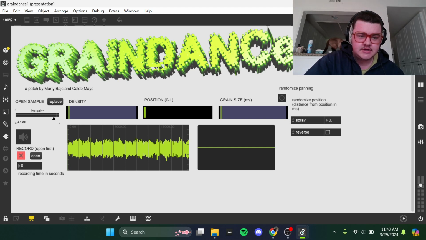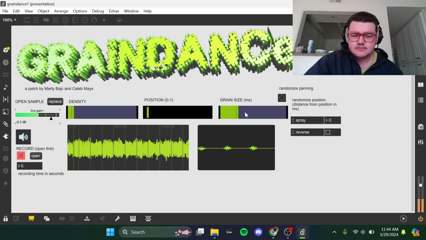We can turn it down a little bit, and you won't be able to hear anything until you turn on this audio right here. And you still can't hear anything because the density is all the way at 0. So let's take the density knob and turn it up a little bit. And maybe move the position. And the grain size is also at 0, so that's why you can't hear anything. Yeah, as you can hear, these are in conjunction making the new sound that you can hear and see in